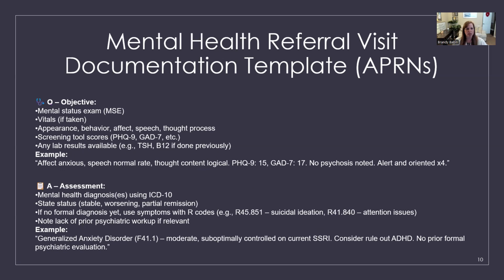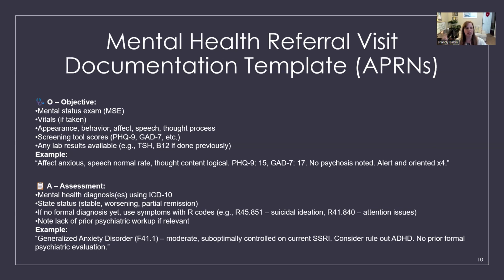So your objective assessment, so that is your physical exam, your mental status. So make sure you're putting that under neurological and under psych if they're having behaviors. Vitals, obviously, appearance, behavior, affect, speech, thought process, all of that gets listed under that psych aspect of the physical exam. If you've done any screening tools, you can put that either under subjective, under a little blip, or there you could utilize a section underneath and just handwrite that below your